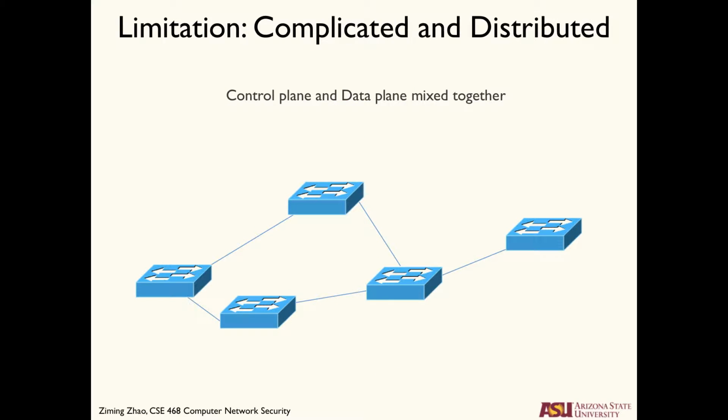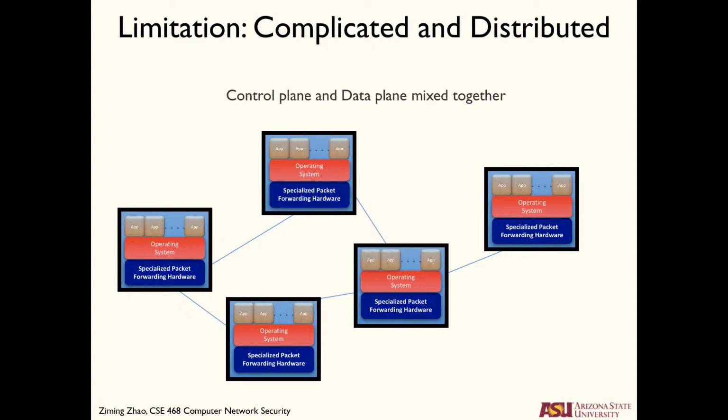And this has been a big problem. First, it's expensive. A lot of IT staff have to be involved to configure those things. The fundamental reason is that they do not really separate the control plane and the data plane. Each switch generates its routing tables and then does the packet forwarding. Those should be two separate tasks, but they are mixed together in one box. So this box can be super complicated.